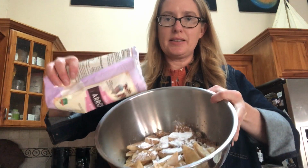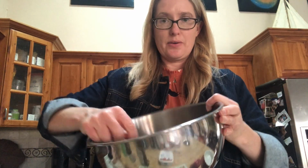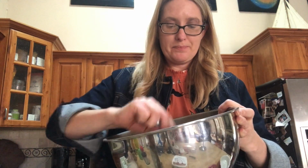So we'll just go straight for the thing that will thicken things up for me, which is arrowroot starch. And again, I just sprinkle a little bit over my apples. And that will create a little bit more of a thicker sauce. A lot of times that's thickened with wheat. And so then I just stir it up. And here's the other secret that you should know, and that is a lot of times,